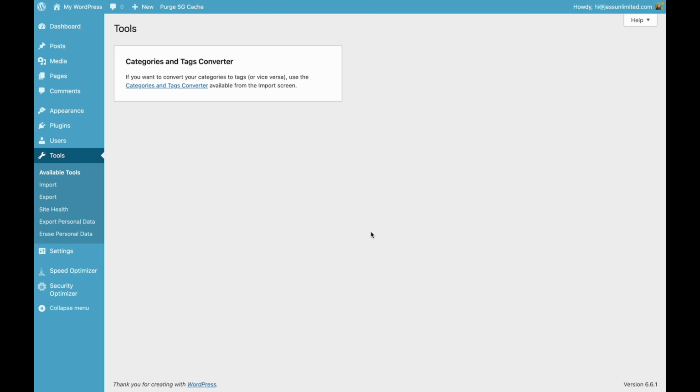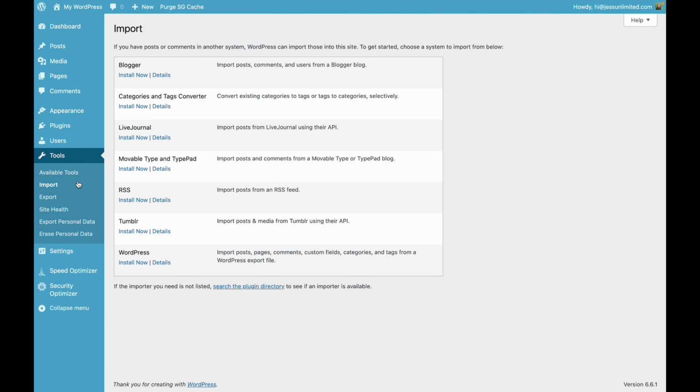This is the available tools, which currently are categories and tags converter. You would be able to update, install different import and export options. Under import, we have our blogger, our categories and tag converter, live journal, movable type and type pad, RSS feed, Tumblr, and WordPress. So if I click install now on any of these, I'll have these capabilities in my import